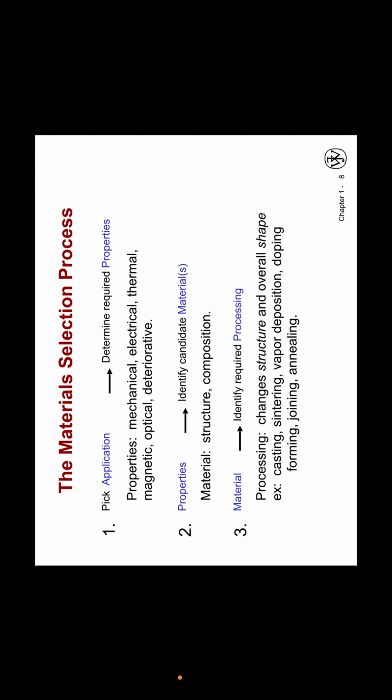Material selection process. This slide outlines the material selection process. First, identify the application and required properties. Second, choose materials that meet those properties. Third, select a processing method such as casting, forming, annealing, or sintering. This process highlights how structure